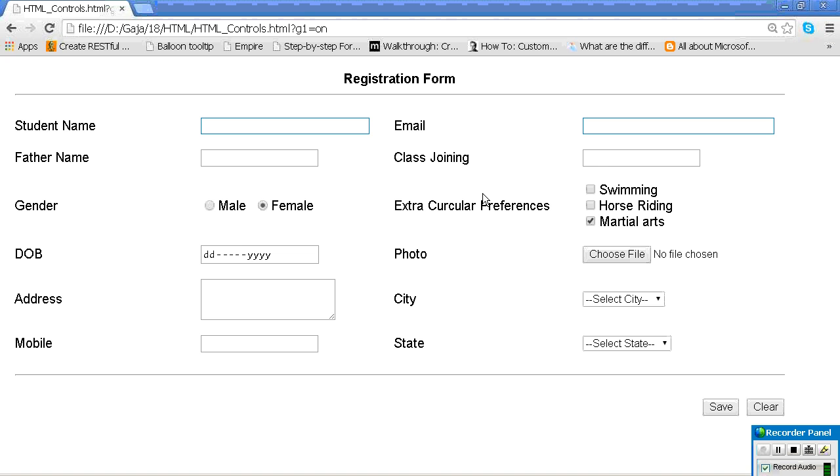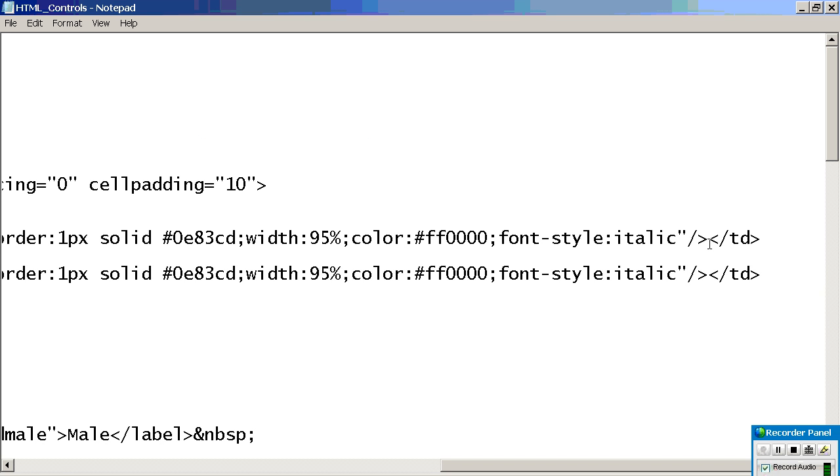The second one is that maintenance is difficult. For example, HR, the people who gave the requirement, ask us to change this text color to green. Then what do you need to do?